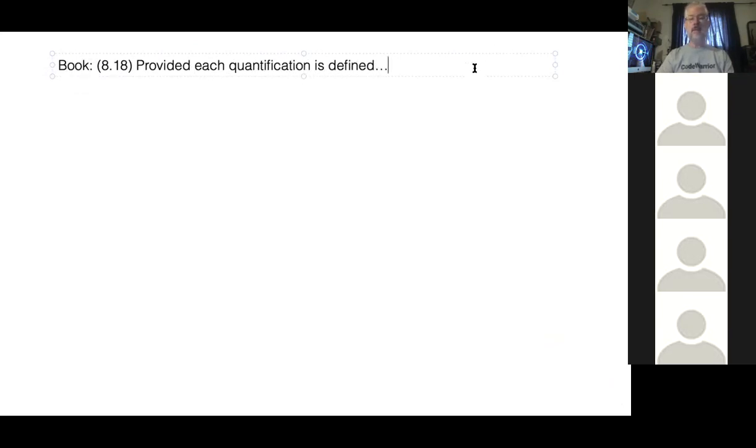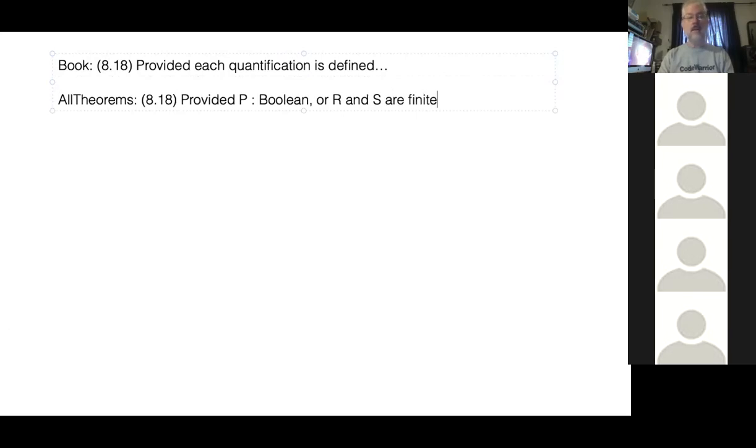And then the all theorems list has its constraints on 818: provided P is of type Boolean, and I'm going to write out Boolean because I can't make that funky B here, or R and S are finite,